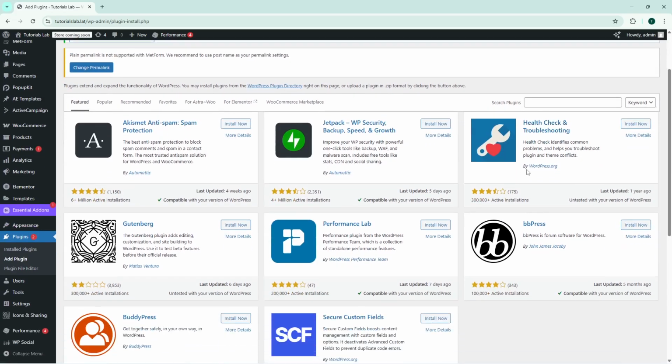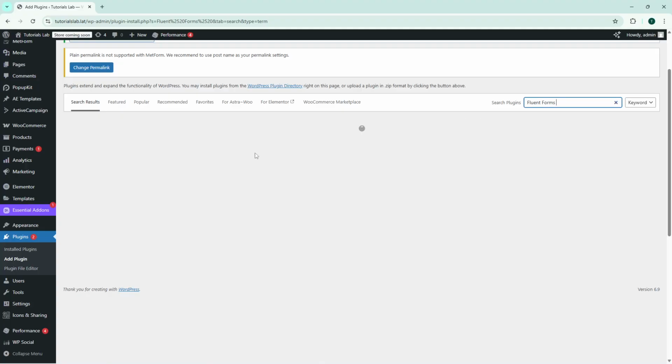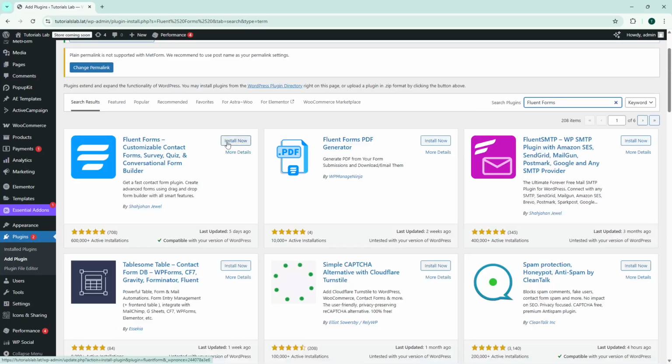Now you're on the plugin installation page and you'll see a search bar in the top right corner. Click on it and type Fluent Forms into the search field. As you type, WordPress will automatically filter the available plugins to show you relevant results. You should see Fluent Forms appear near the top of the results, typically with its distinctive icon and description highlighting